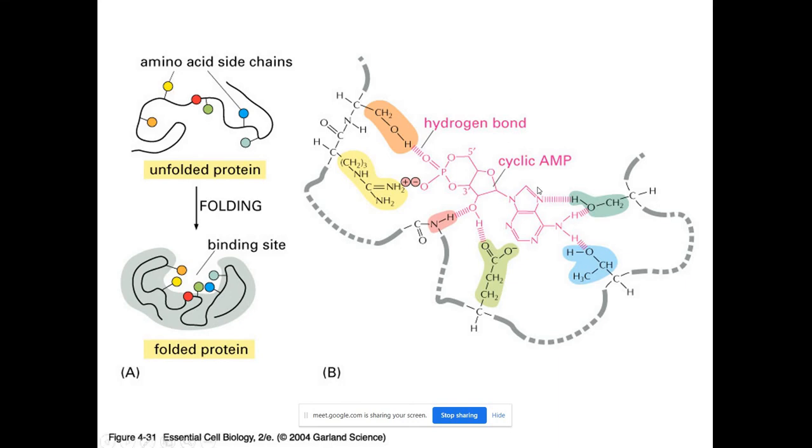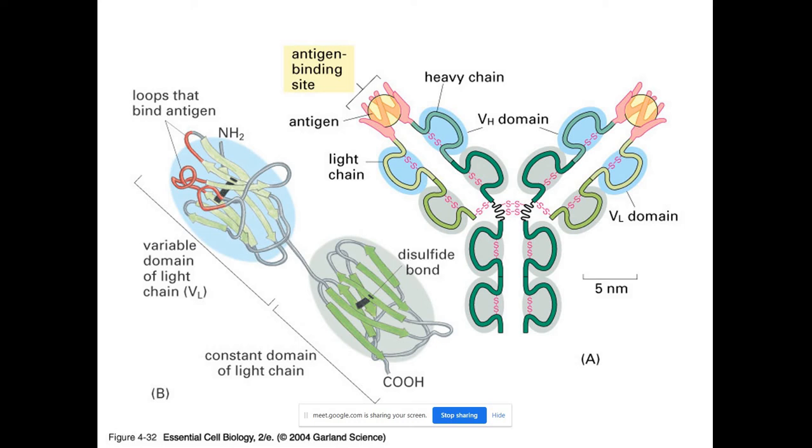Here you can see how the amino acid chains are interact with each other, and the unfolded protein after folding has binding sites. After folding, this is the protein and these are the binding sites in the folded protein. A folded protein is called a domain. We call this domain structure a subunit. Now there is hydrogen bond formation here between the polypeptide chain, and that makes the helical structure. In the different structures, there are some loops that bind the antigens.